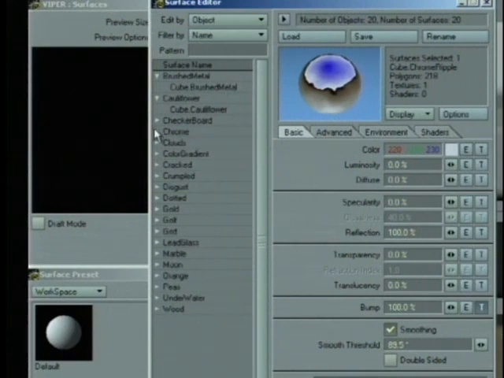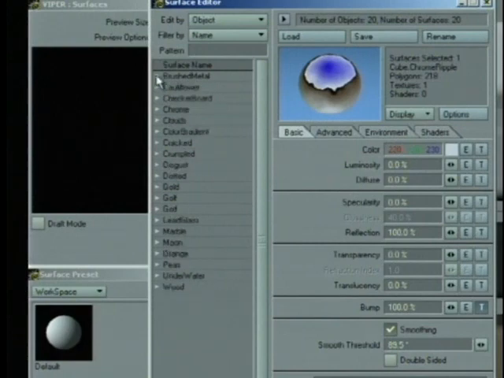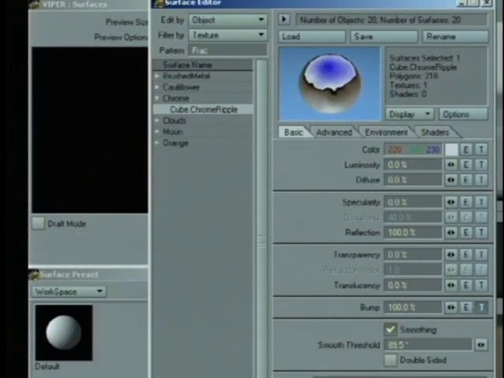All right, well, you can see that if you have a heavy scene, this is a pretty simple scene, and already we have a lot of different objects that can get kind of cumbersome to try and figure out what surface is where. So there's different ways to filter this scene file listing. For example, right now it's filtered by name, but we can also filter by texture. And if we tell it to filter by texture, now I can type in a portion of an image name. So let's say I know that I've got fractal reflections, so let's type in FRAC for frac, and it filters